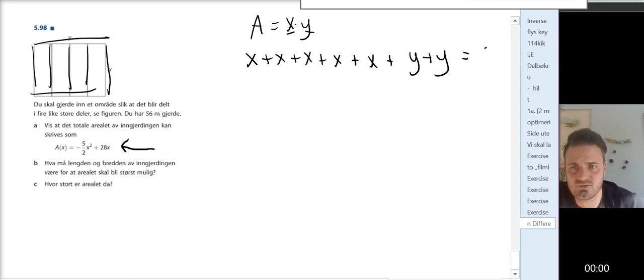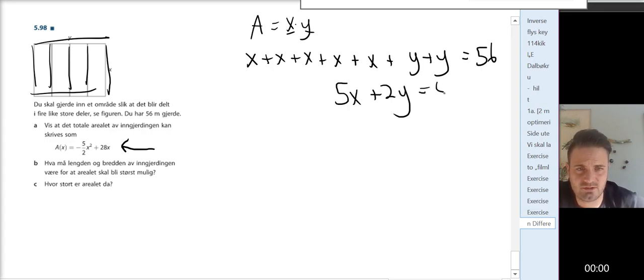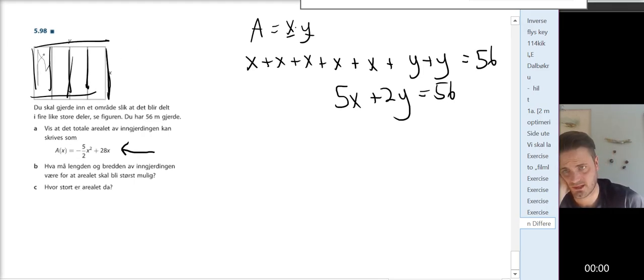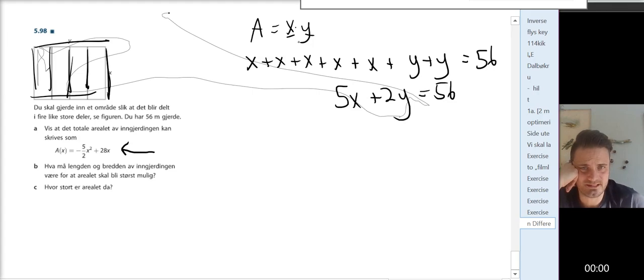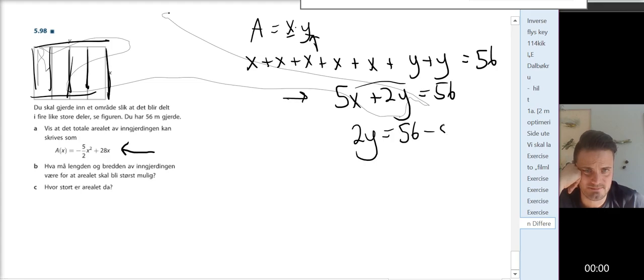is equal to 56. So x plus x plus x plus x plus x plus y is equal to 56. So this is 5x plus 2y equals 56, right? So 5 of these x's, 1, 2, 3, 4, 5, plus 2 y's equals 56. I want to get rid of y, so I have to isolate y in this formula. I move 5x over, so I get 56 minus 5x, and then I divide by 2 in each term,